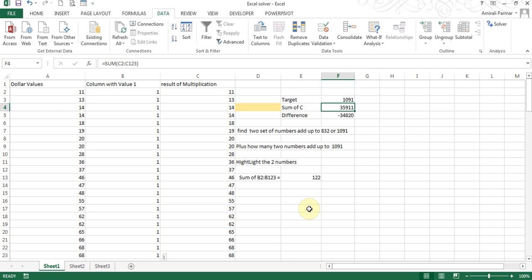To figure this out, I created another cell here in which I did a summation of B2 to B123. The total came up to 122 because there are 122 rows, so I just added the ones together. Now in the Solver, I'm going to add another constraint on cell E13, so that when creating the solution, the total of E13 should come up to 2, because I only want a combination of 2 cells that should give me the result of